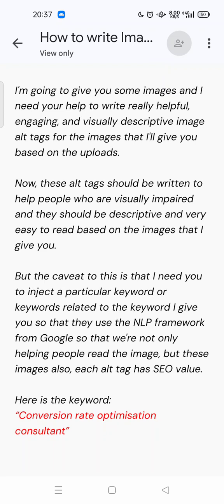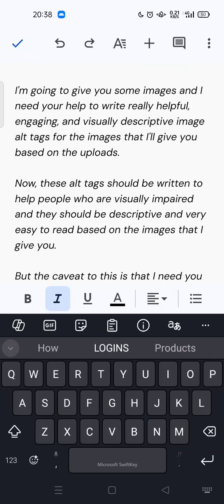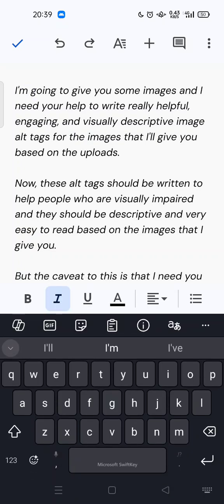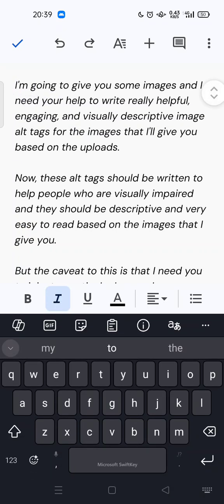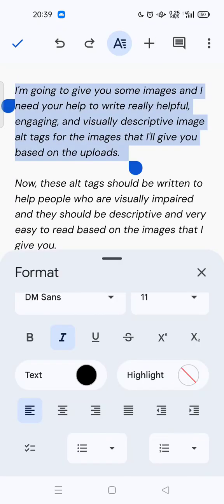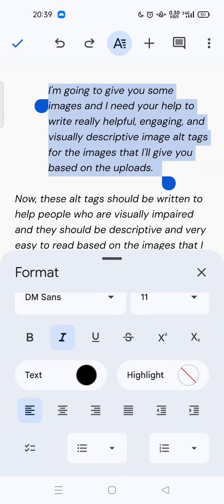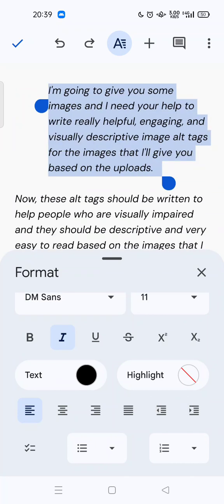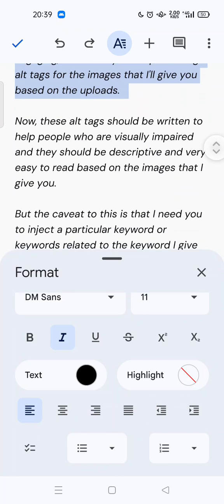So here we go. A common mistake usually is to just block all the paragraph and use this option. But no, you don't need to use this option in order to